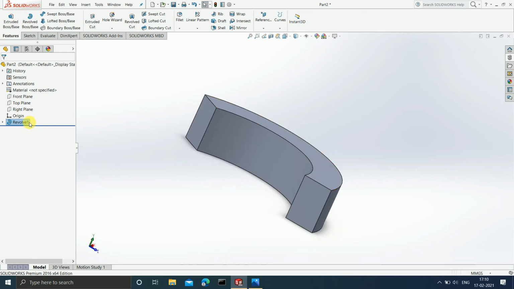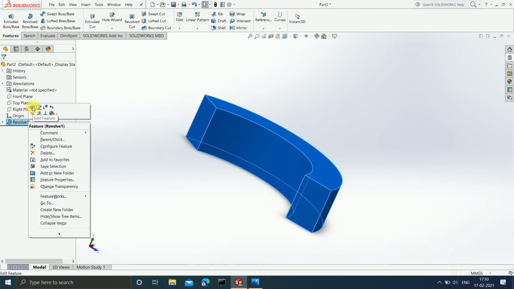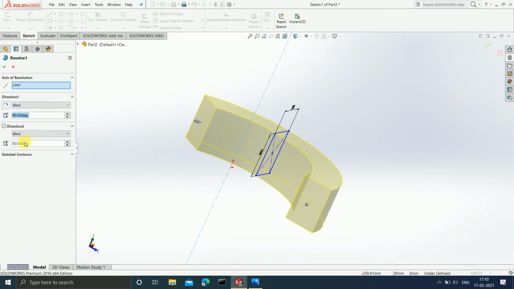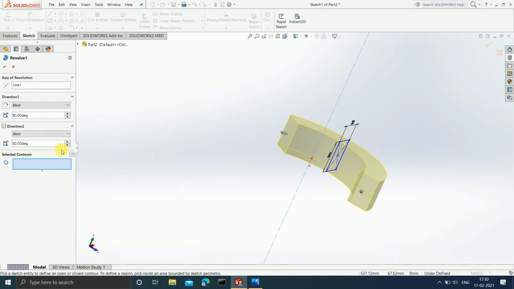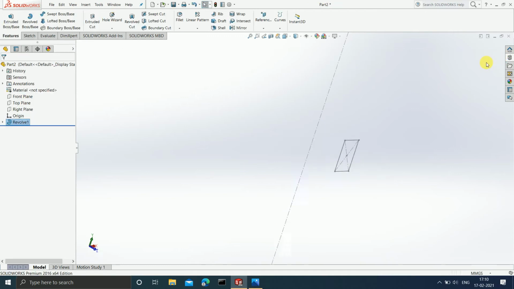Now if I edit this feature again, and now I'm not getting an option of thin feature here. So for that, what I will do is discard this, or I will just press Ctrl Z, delete this, press Ctrl Z. Okay, now I have this sketch.